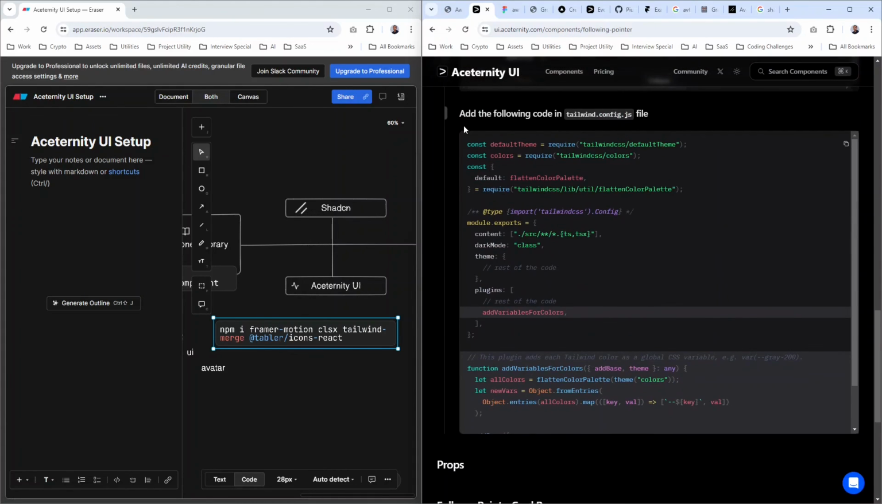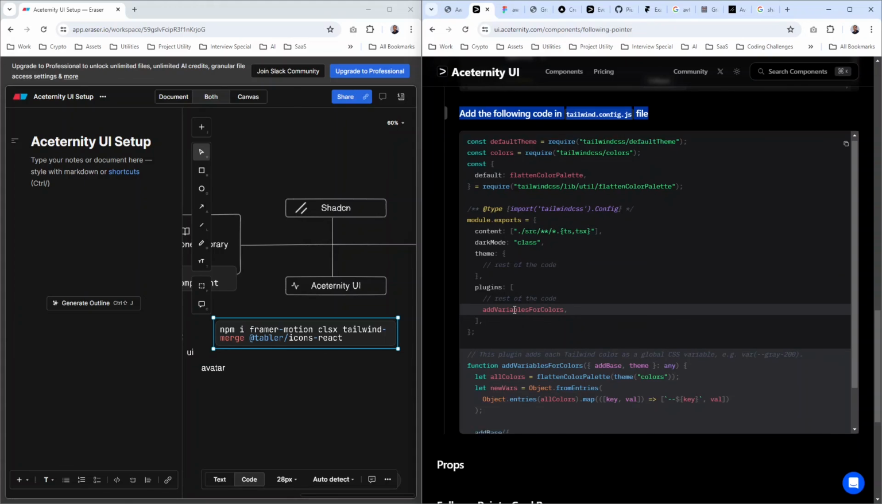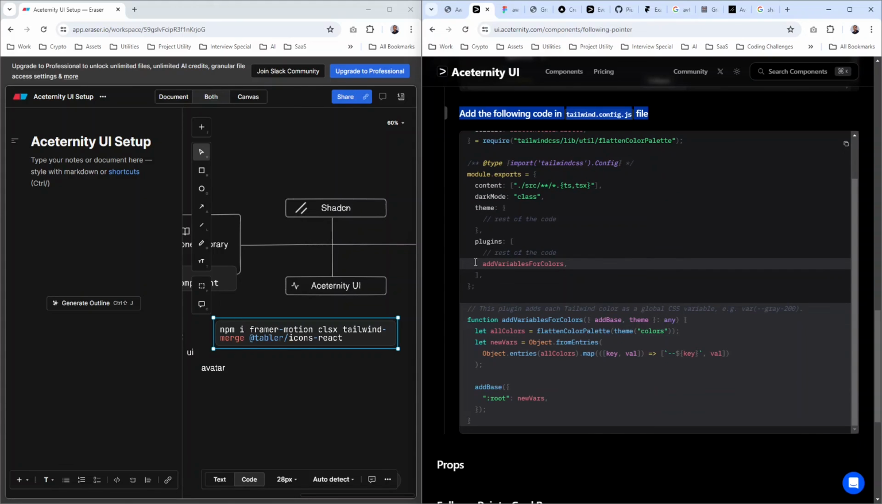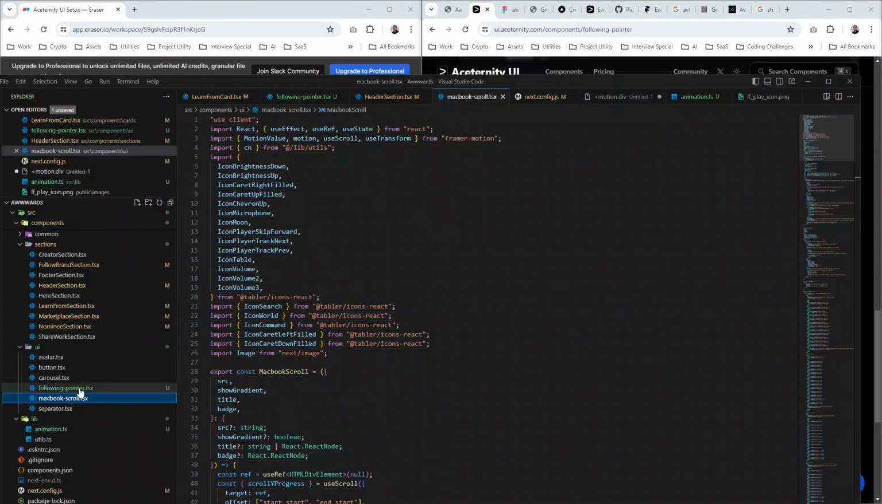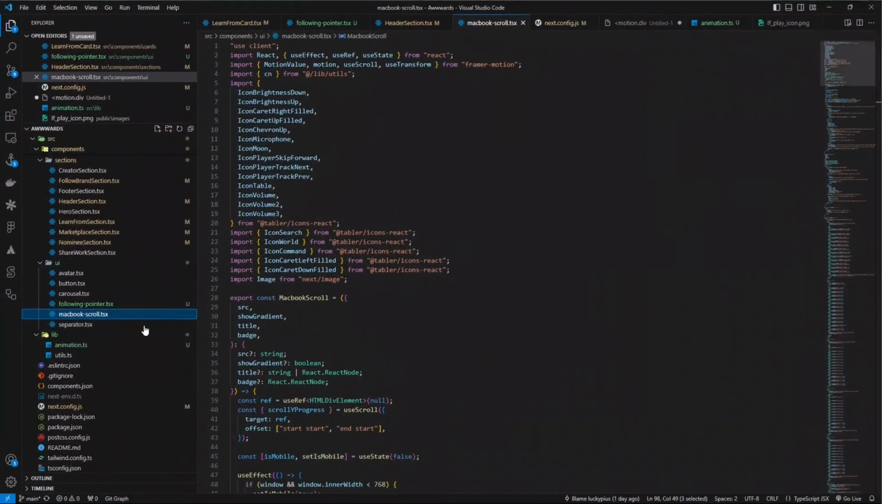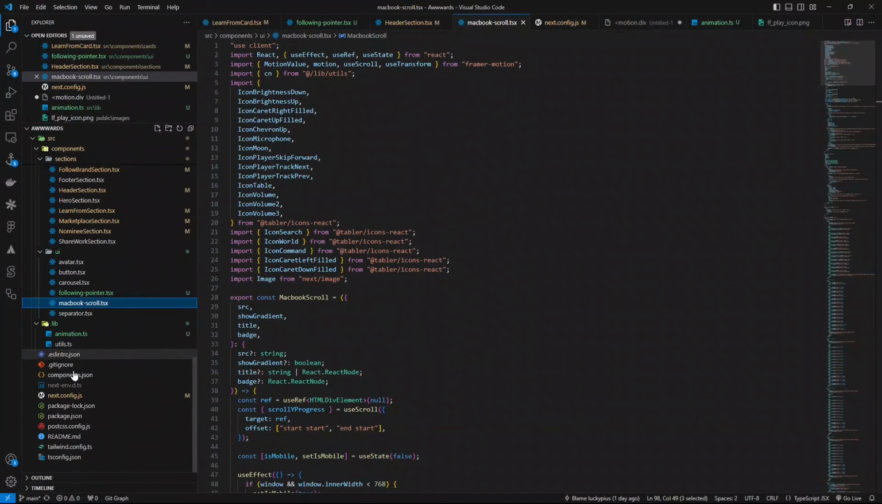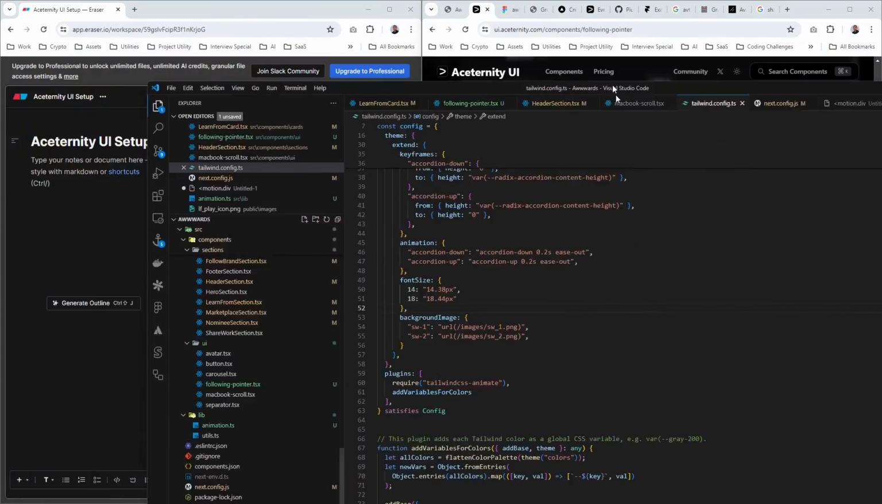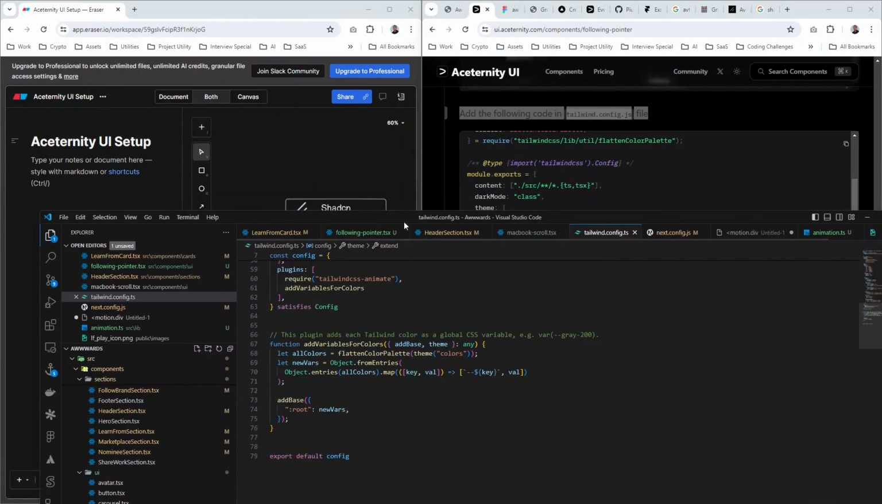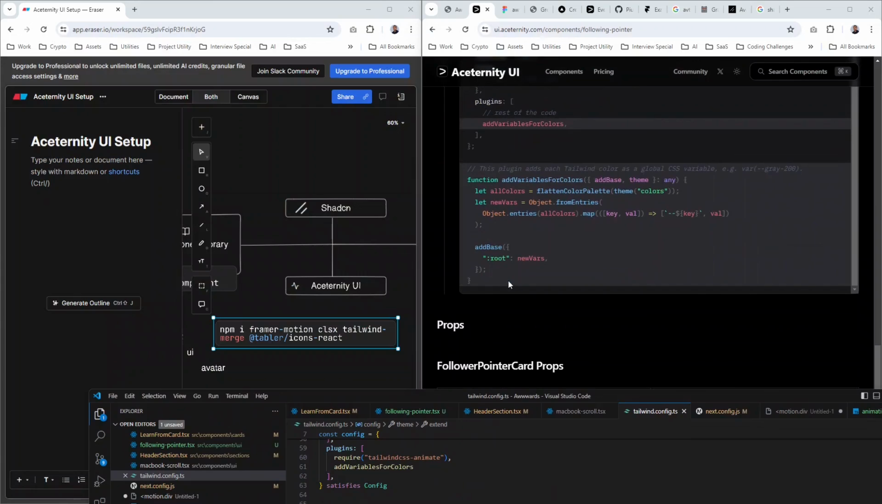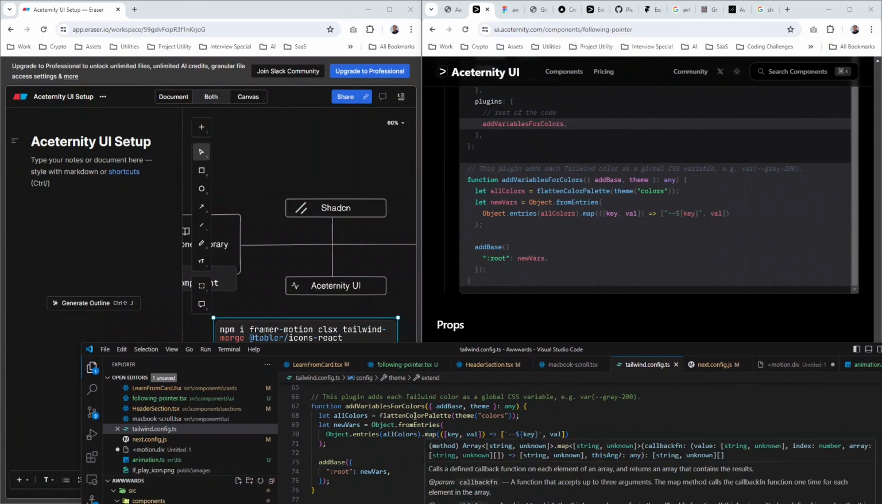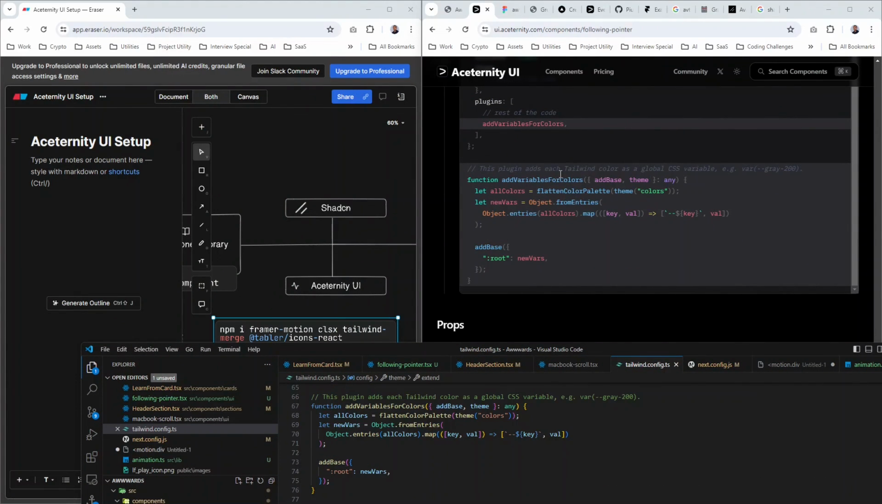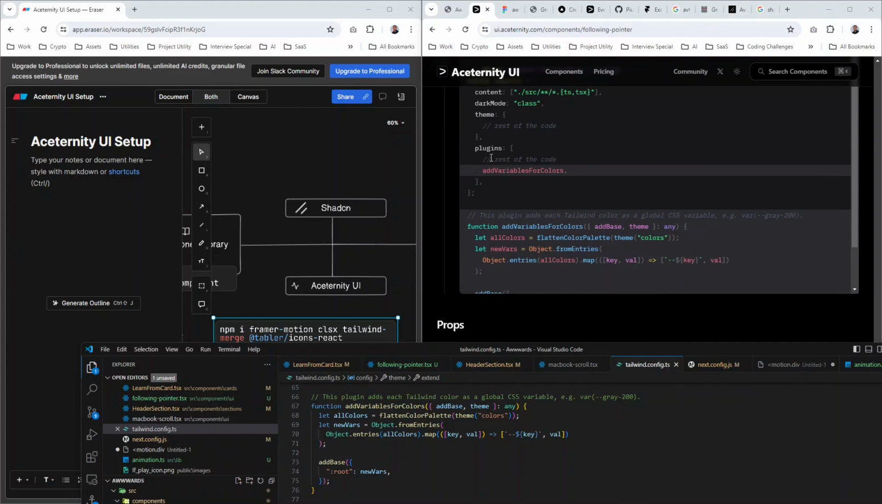So now there's another thing I forgot to mention. In your configuration file, your tailwind.config, what you want to do is to add this block of code. So you basically have to, let me open it up. Tailwind, there we go. Okay, so from here you can see we added this block of code. It has the addVariablesForColors. So I added this,